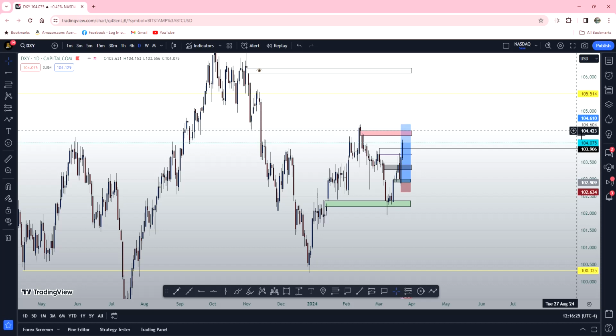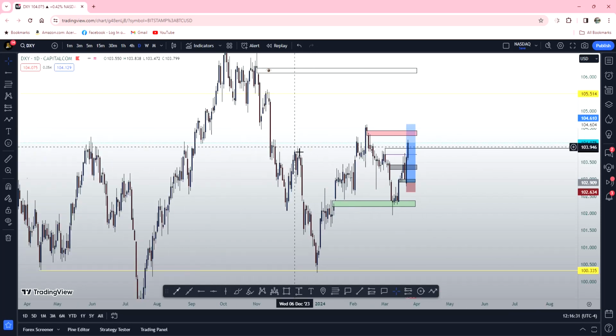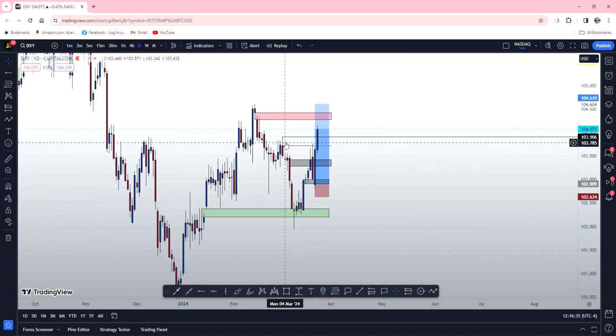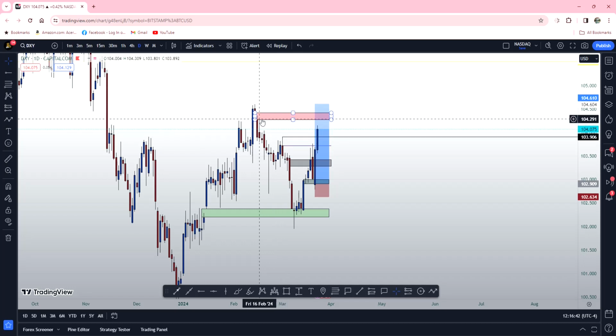So yeah, let's dive into it. Let's be brief as possible. So this is the DXY chart. I've been bullish on the DXY. As you can see, we did take out buy stops, buy side liquidity, and we have a volume imbalance here,